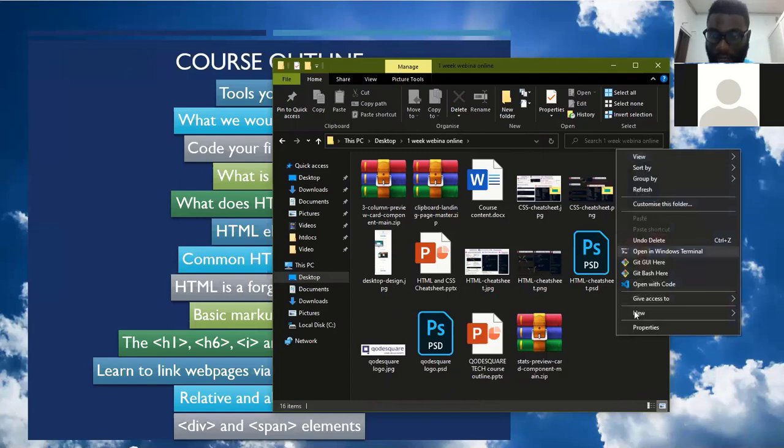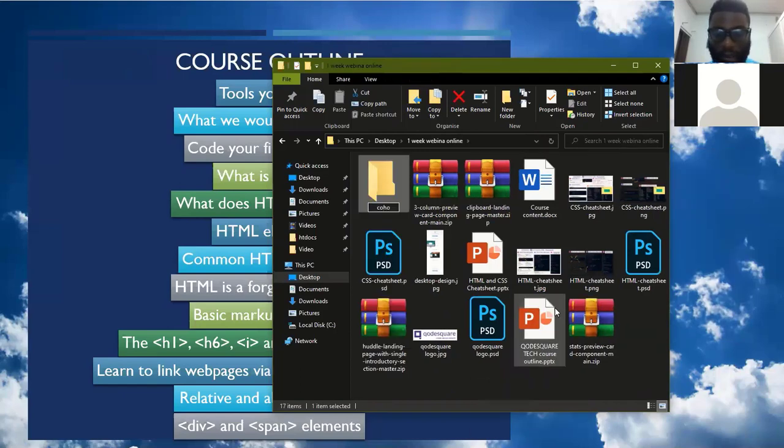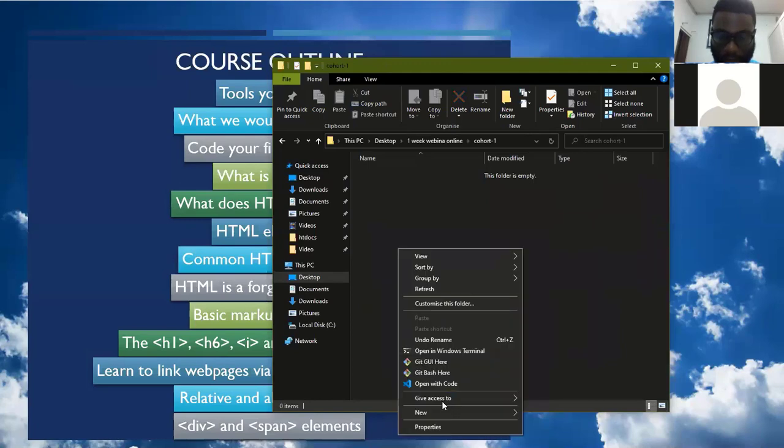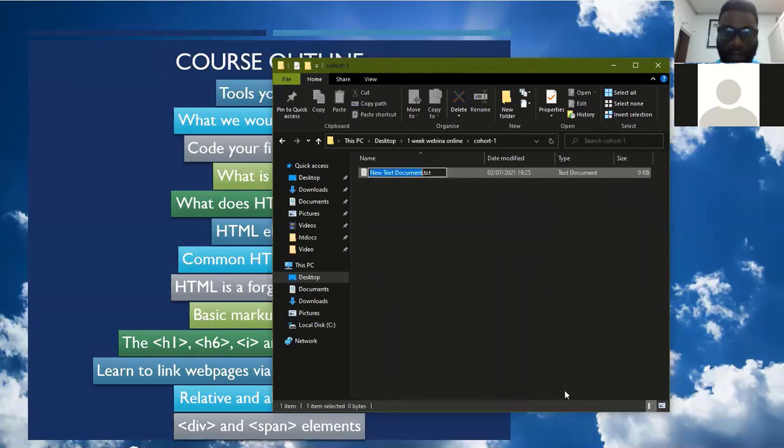So I'm just going to name it cohort 1, something like that. All the files I'll be creating will be saved inside this particular folder. I like to arrange my folders so that I work well with them. Inside my cohort folder, right click and create a new text file. And this text file, I'll call it